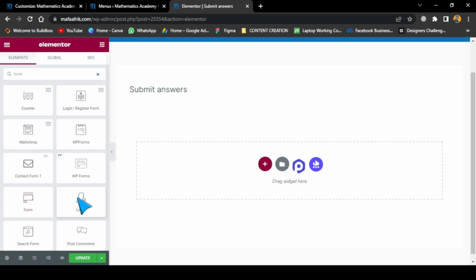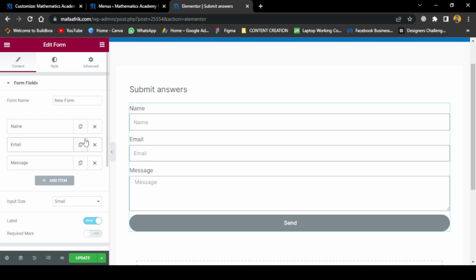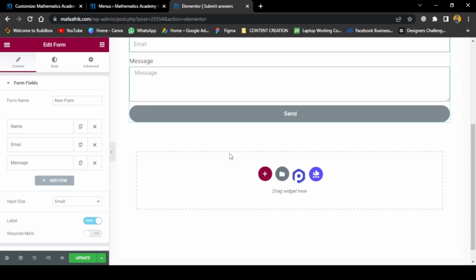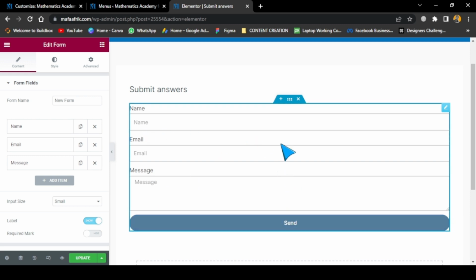But before I do that, let me try to see something here. If I drag this and drop, let me see what it looks like. You see that we don't have any section. Okay, it has actually created a section for us. So that's another trick that you can do, which I did not show in the earlier section. You can just drag the widget and drop it, and it's definitely going to create a single section for you in relation to that widget. So this is the form widget. This is how it actually looks, and there are a lot of modifications that you can do to this widget